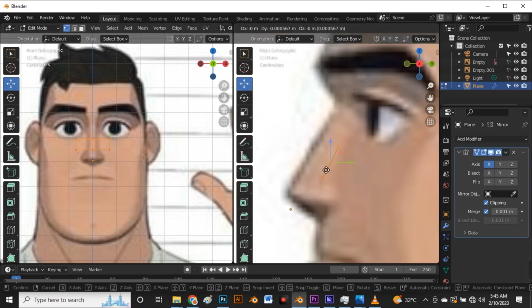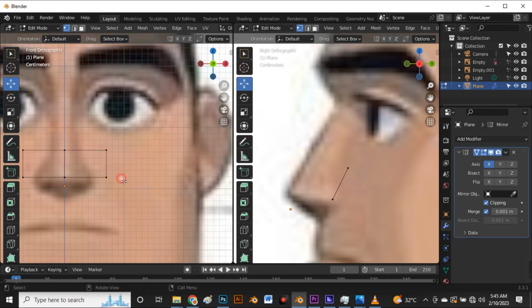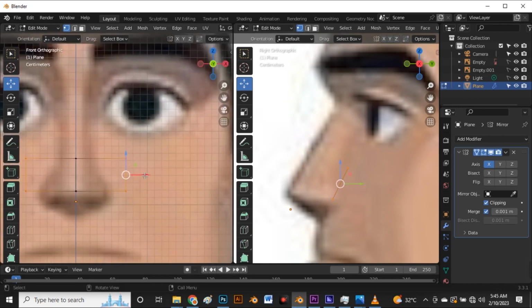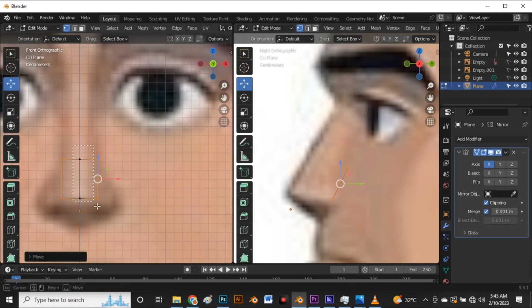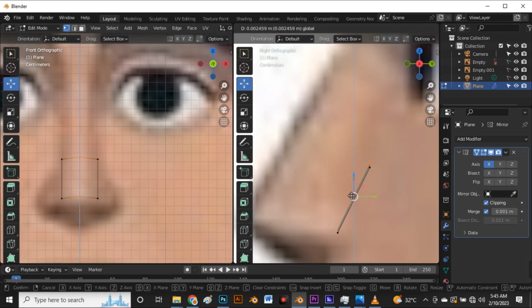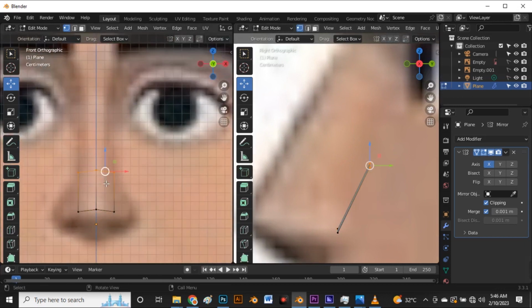Okay, yeah. I'm going to move this to this point. So there are different ways. I can start from here, but I want to start from this side. I'm going to move this to this point like this. I'm going to select this middle, and I'm going to move. I'm not going to move the middle. We'll leave it that way also. And I'm going to select this and say